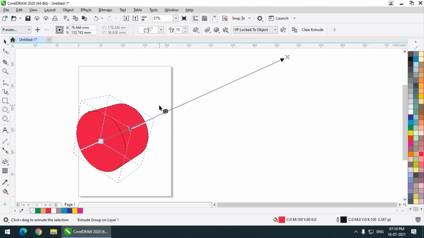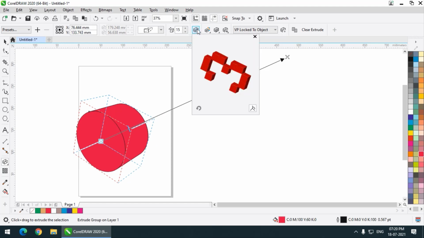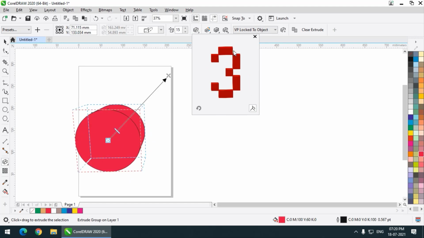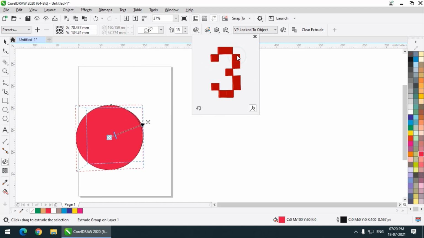Now we have some other options, like this one, which is the view. The 3 denotes the three dimensions, X, Y and Z. If you keep it straight, this is basically your front view. It indicates which position you are currently in, and it is useful for checking your original position.